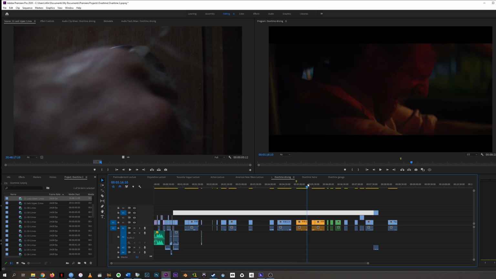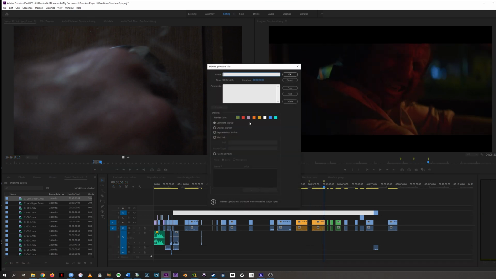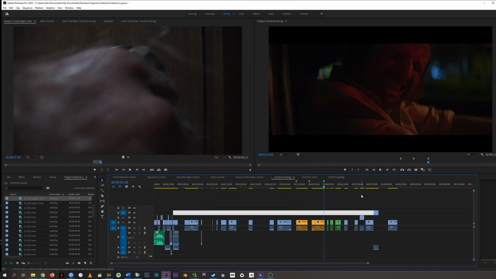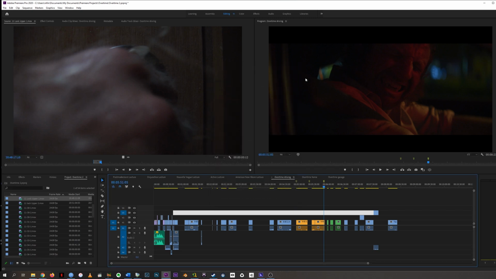You can put a lot of these on your timeline, and you can even change the marker color or give it a name or write comments if you're really into a big project that needs a lot of organization. And you can do that by double clicking on a marker to bring this up. These are all tools that will help you organize a lot of footage,